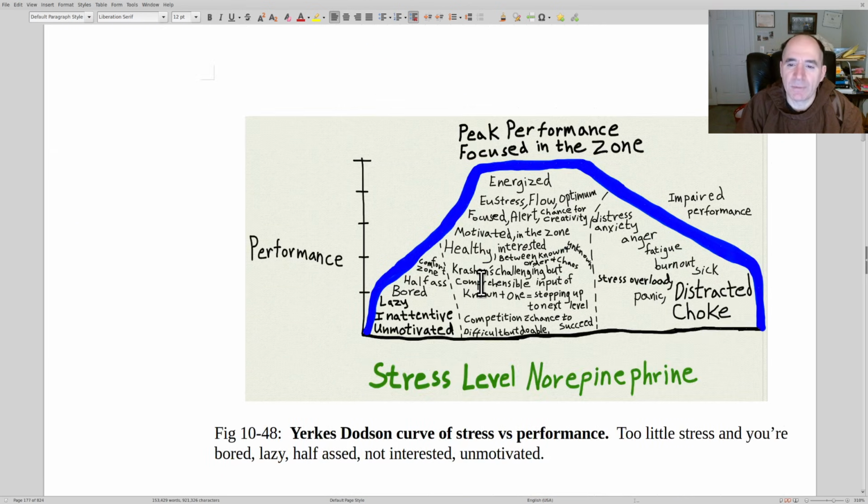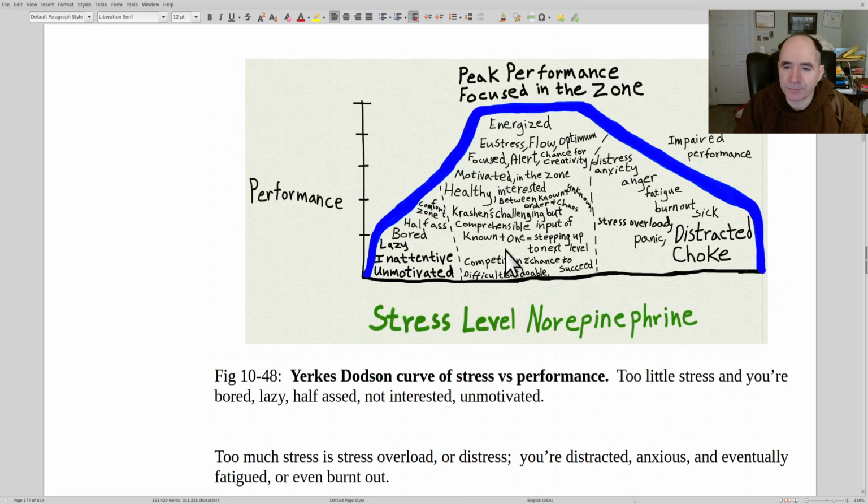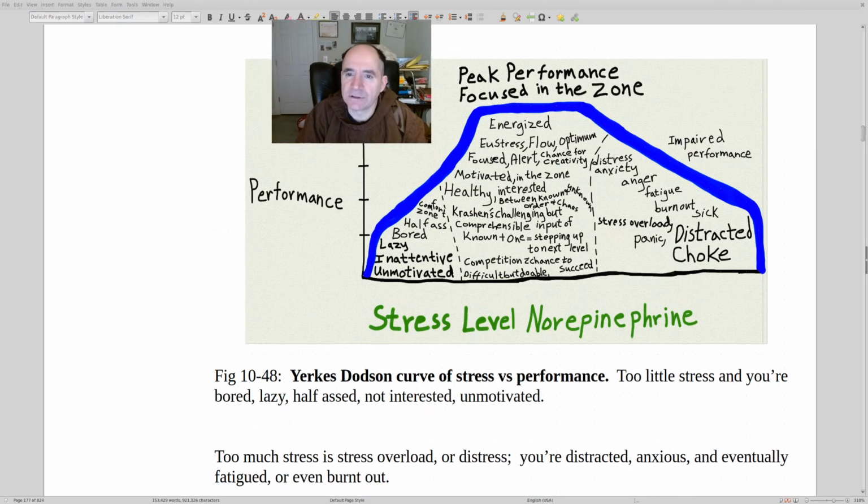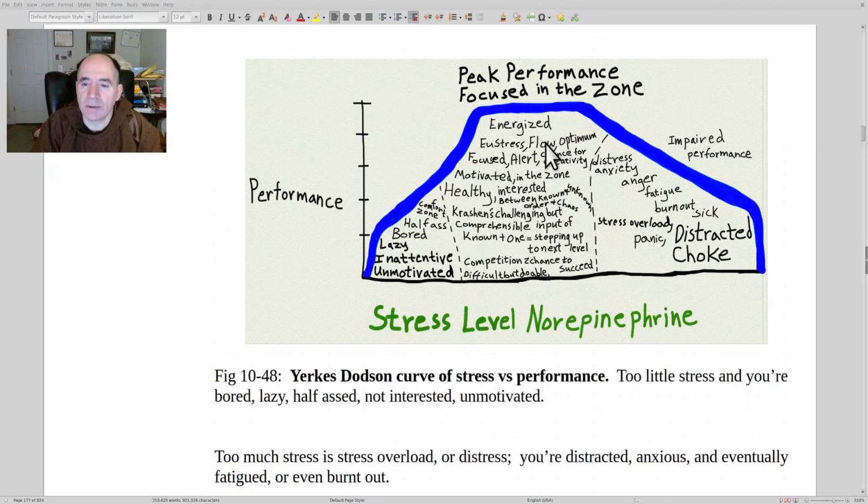All right, here's something about peak performance. And this is called the Yerkes-Dodson curve. So basically, you want to be in the zone where you have enough stress that you're excited, you're focused, you're energized. And that's called eustress sometimes. Flow, optimum, alert, motivated, in the zone. That's what you want